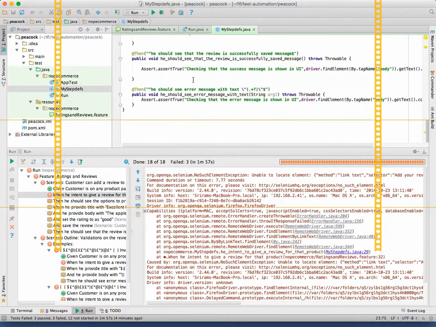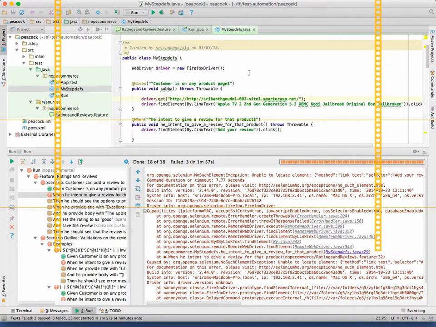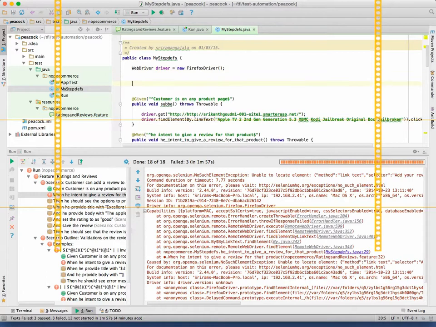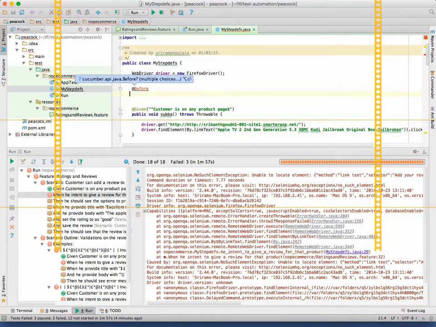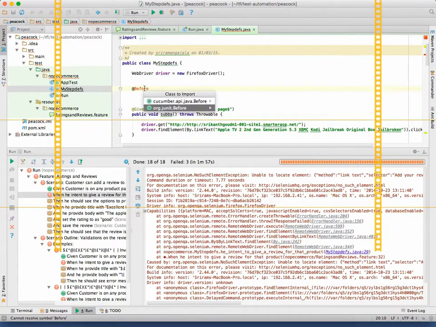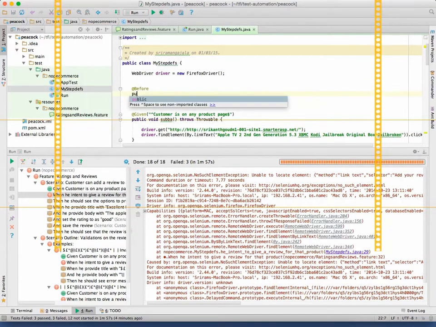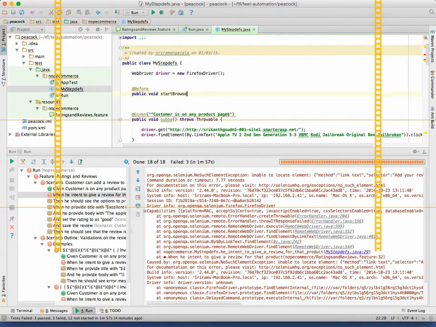And yeah, we will not handle the close and this thing, right? Okay, so I will put this before. This is not JUnit before, it is Cucumber before. Okay, be very sure. Public void start browser.